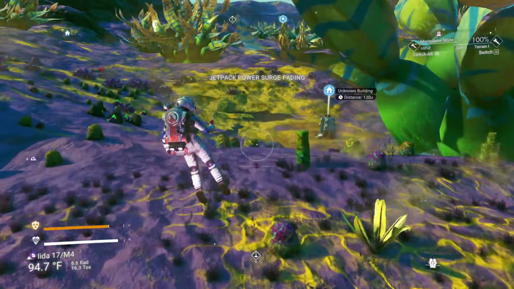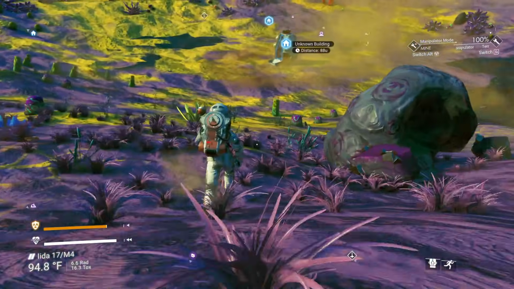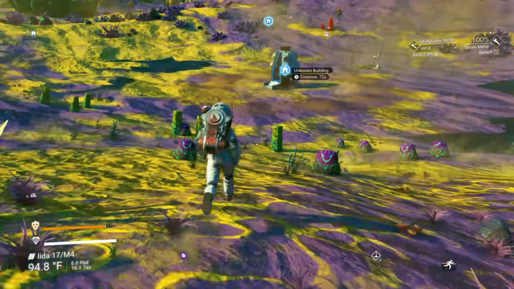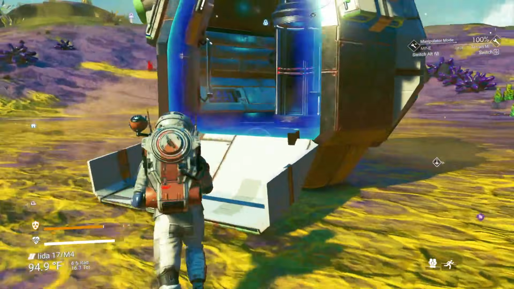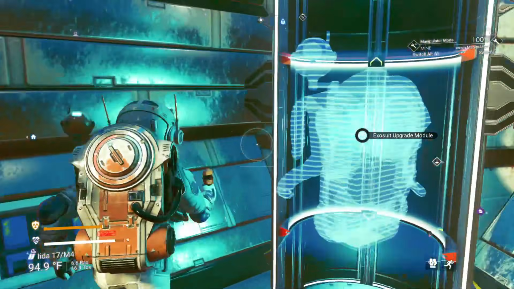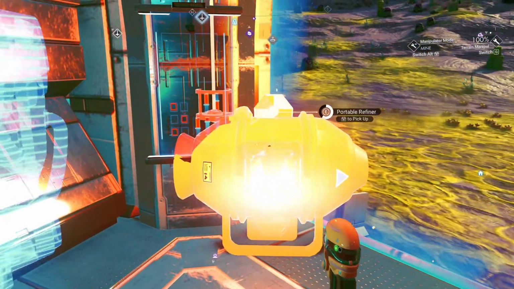Might it be a beacon? Ah, no. A drop pod. Handy. Like that. Alright, good deal. Drop pod time. Radiation protection stabilizing. Okay, so we need...